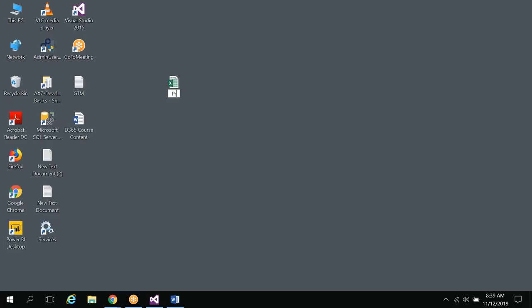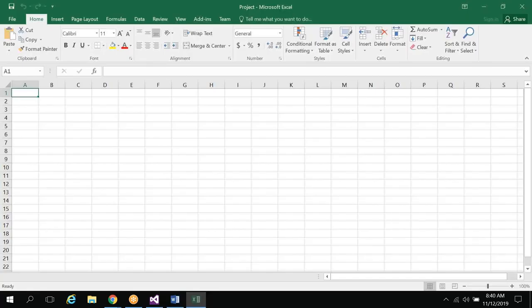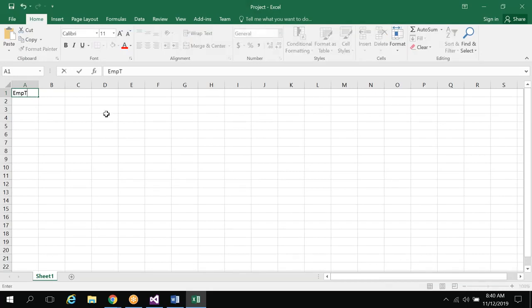Here, first of all, I'm going to create one employee table. In this employee table, first of all, we require an employee ID column, employee name column, employee age, employee date of birth, and